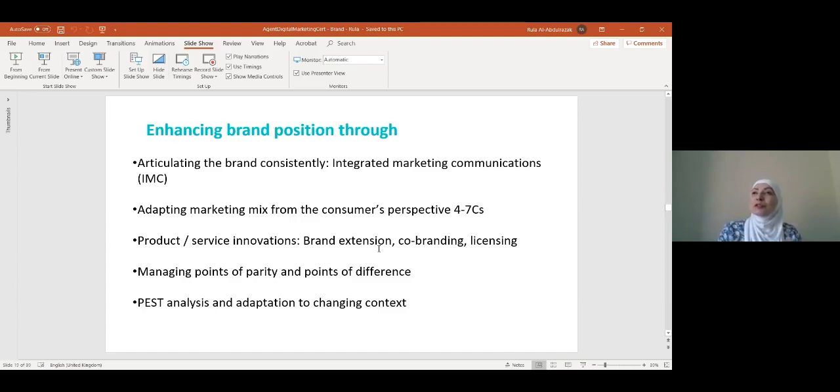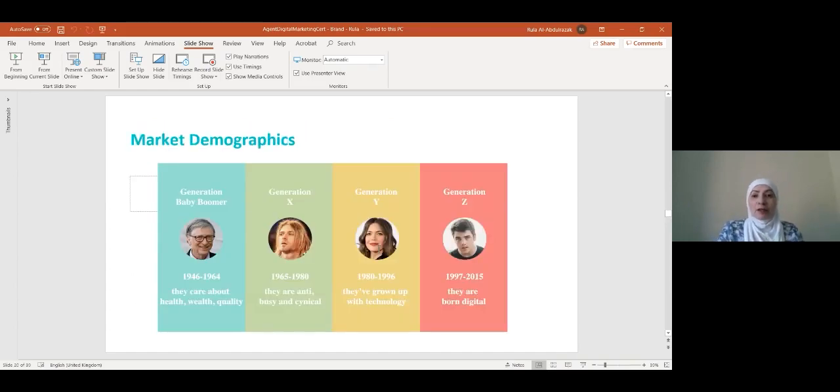And you're looking at the points of difference between you and the competition, increasing them, and the points of parity, that you are achieving what they are achieving and then going further. So if we look at the demographics part of the context, there is a huge change between the generations, and I would presume the majority of your clients today are from Generation Z, who are born digital. So they communicate differently, they have different interests and platforms, and they interpret the communication differently.